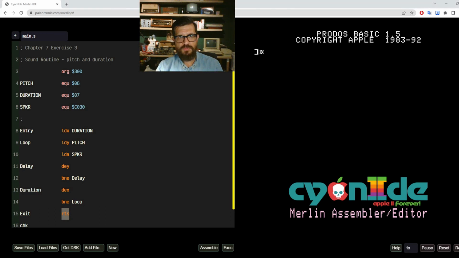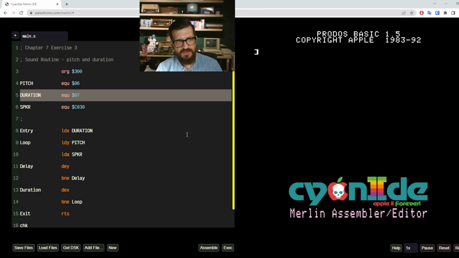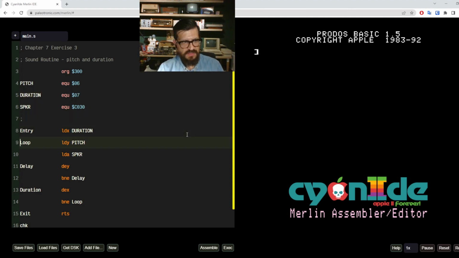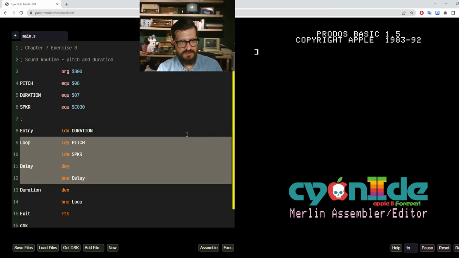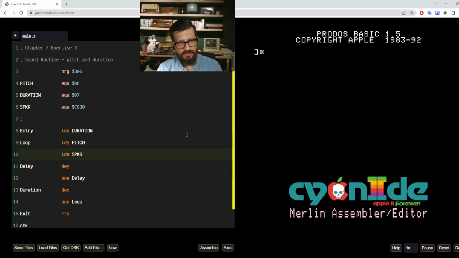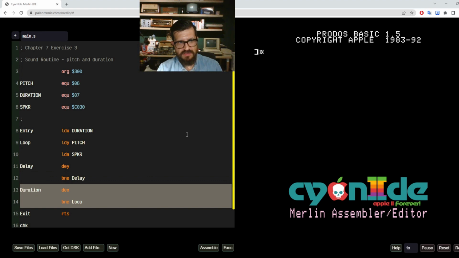Okay, now that we know how to produce a sound of a certain pitch, let's look into an even more complete example where we not only play a sound of a certain pitch, but we do that for a certain duration. So we have a new address here that stores the duration, and then we start by loading this value into the X register, and then we have the same loop that we had before. We load the value of pitch into the Y register, and then we make a click, and then we decrement Y, and we keep doing that until it's 0. But after we do that, now we decrement X, which has the value of the address duration, until it reaches 0, and then we